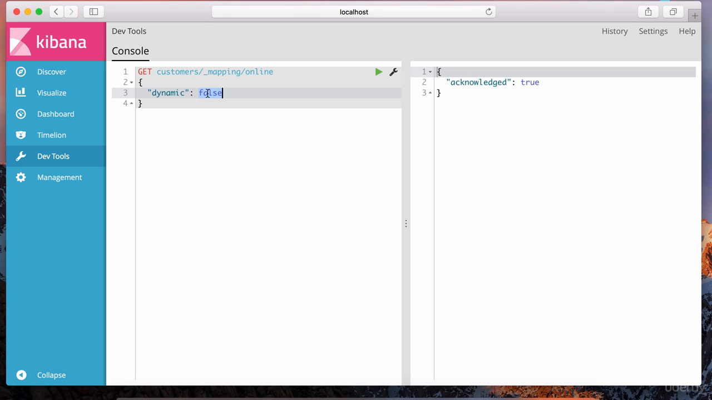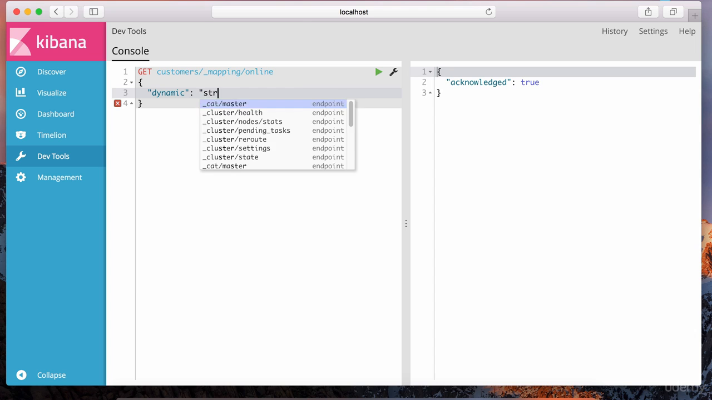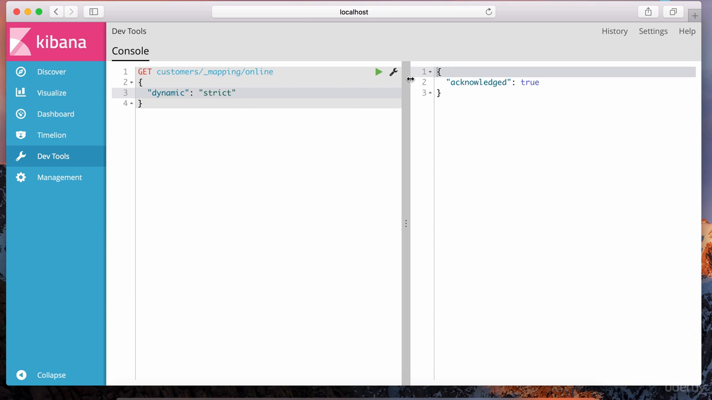If I change this false to be strict, let's hit play. And there we go. We applied that field to be strict. Now this is going to restrict any documents with fields that are not on the mapping. Not only is it going to restrict those fields from being indexed, it's also going to throw an error and let the user know that, hey, you're trying to index a document that contains a field that is not allowed, that the field doesn't